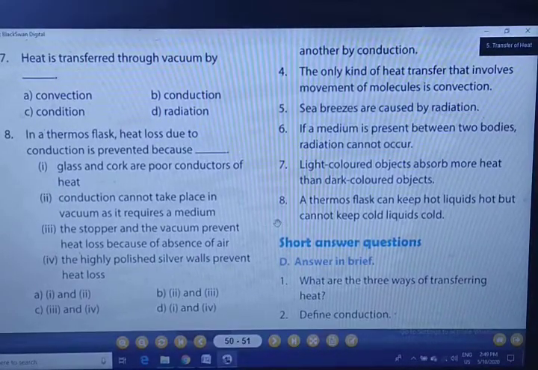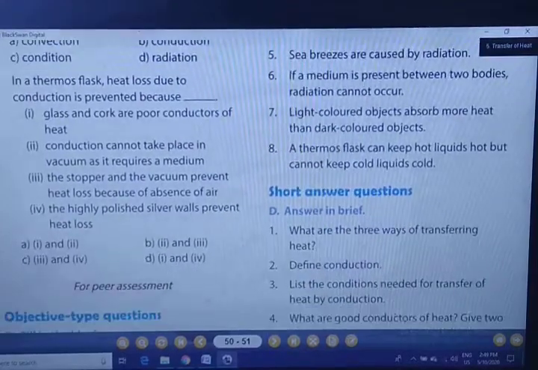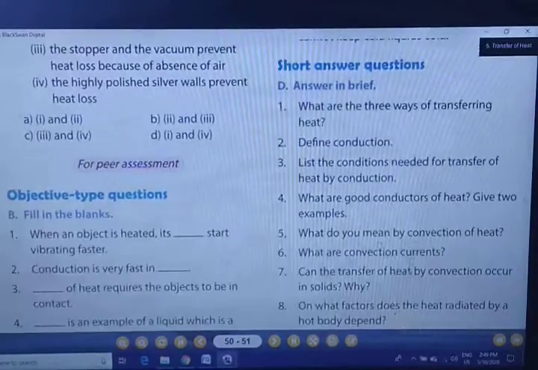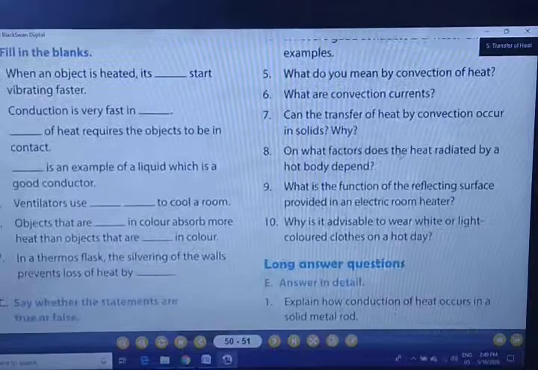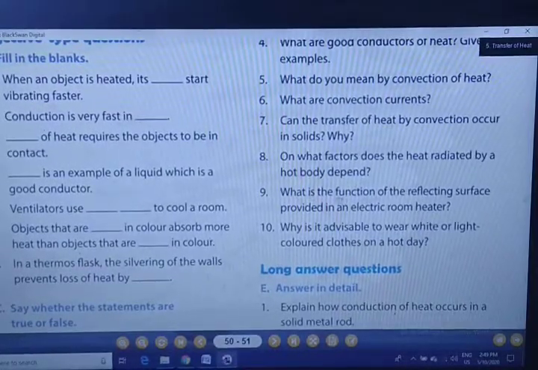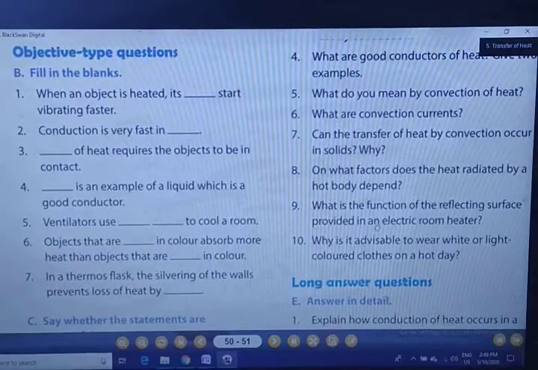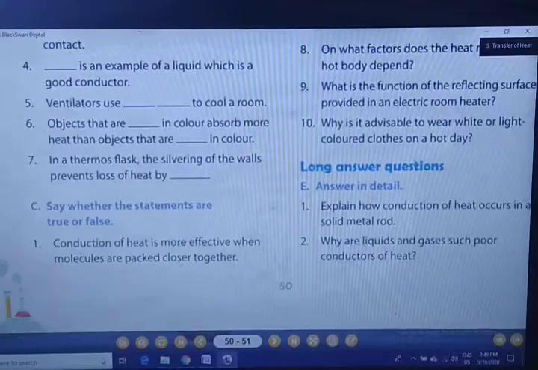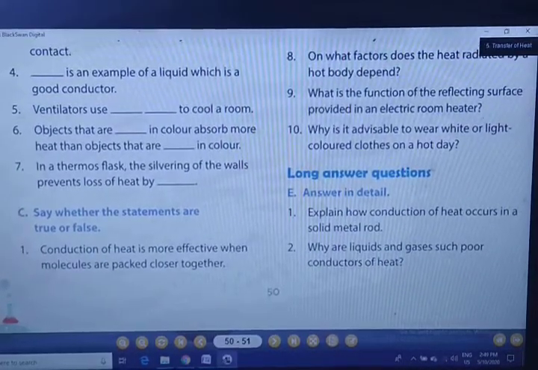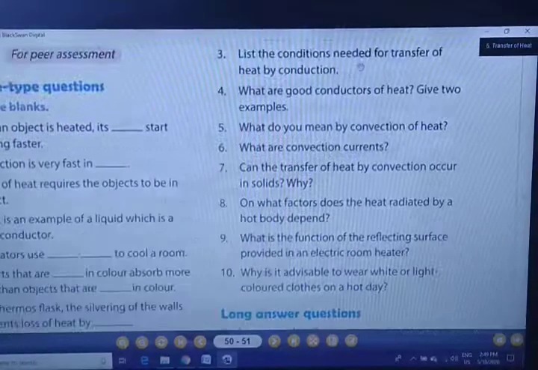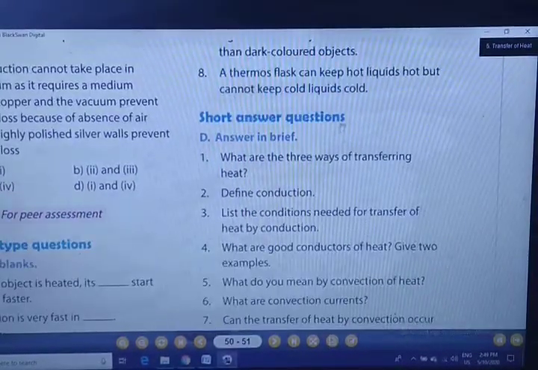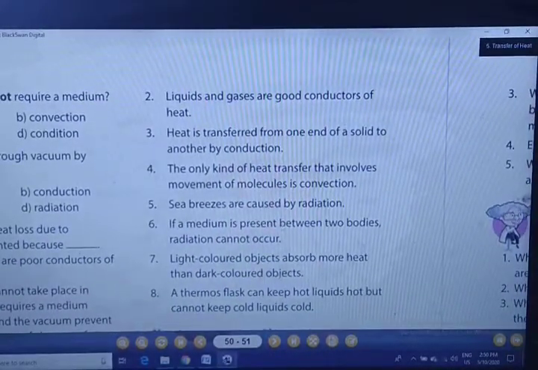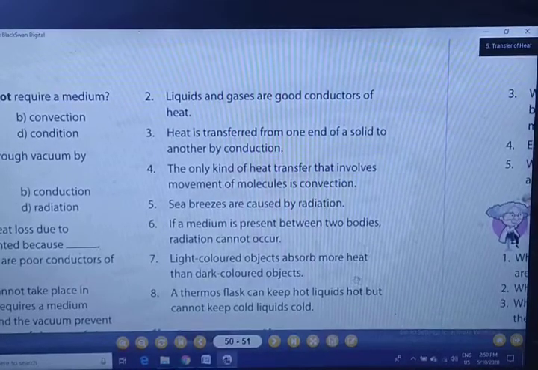Okay. Now after taking the screenshot of these questions, now the objective type questions, especially the fill in the blanks, right? So here the fill in the blanks are also there. If you want to take a screenshot of the fill in the blanks, you can take it. So these are the fill in the blanks questions. I hope all of you are able to take the screenshot. After that, true or false, if you want, you can take the screenshot of true or false also. Here one question is there and the rest you can see here. Total 8 true or false are there. Second to 8 here, and the 1st you have already taken the screenshot of. Have you taken the screenshot?